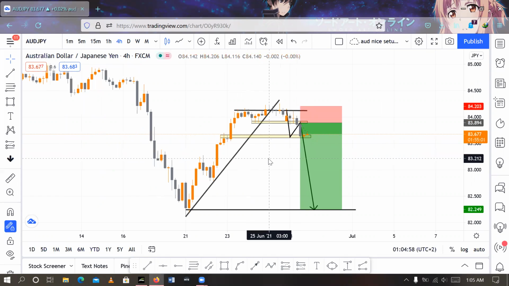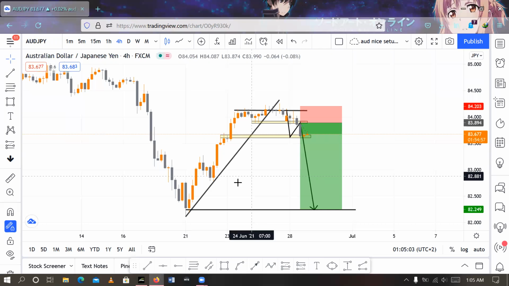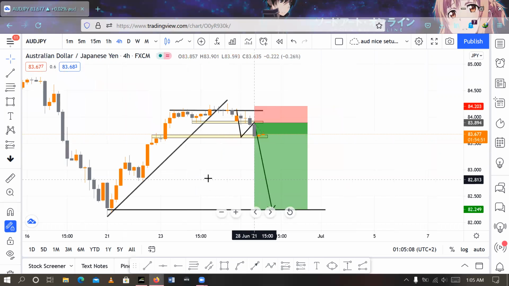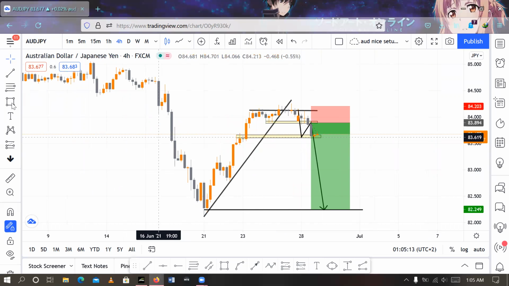Let me not remove this, and then just show you guys how we were able to come up with this trade. Okay, now we had previously identified that this level here